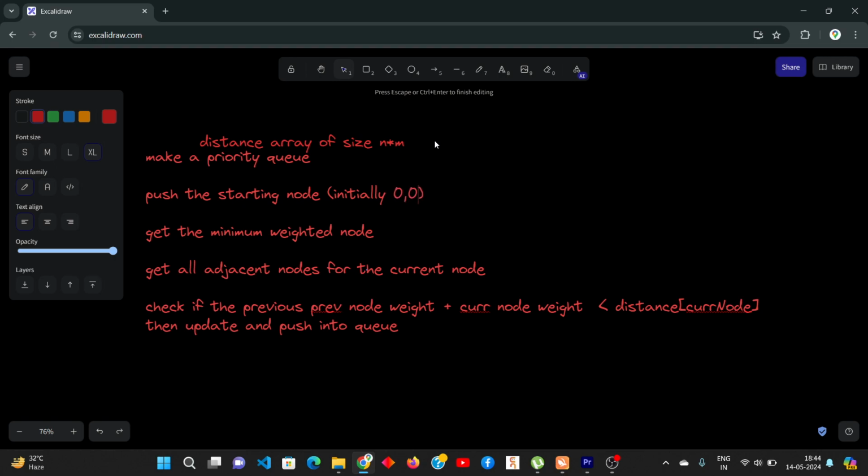Initially both will be 0 and 0. So this is the modification that we need. And in the next step, the modification will be to get the minimum weighted node, that is obvious, that will be same here. And all the adjacent nodes, we have to visit all the adjacent nodes,